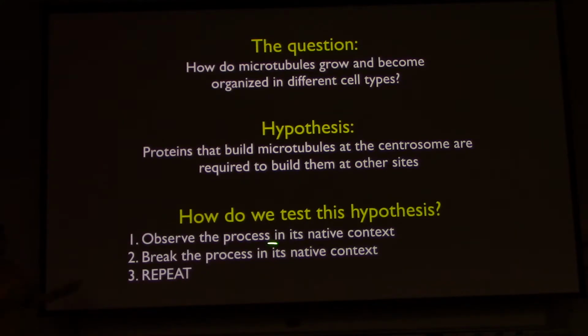And so we wanted to observe this process, the process of how cells differentiate in its native context. Then to learn how it works, we need to be able to break that process and then repeat, basically. So you break it, observe it, break it, observe it, until you understand how something works, right? And so how we actually do this is, to observe, things are usually small, we use microscopes, but we